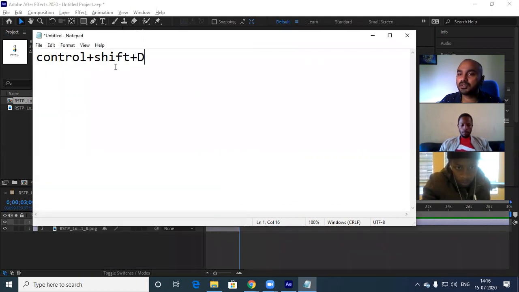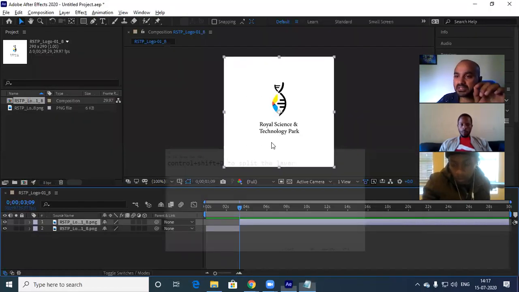Control plus Shift plus D is to split the layer. Understood? So that's what I did.